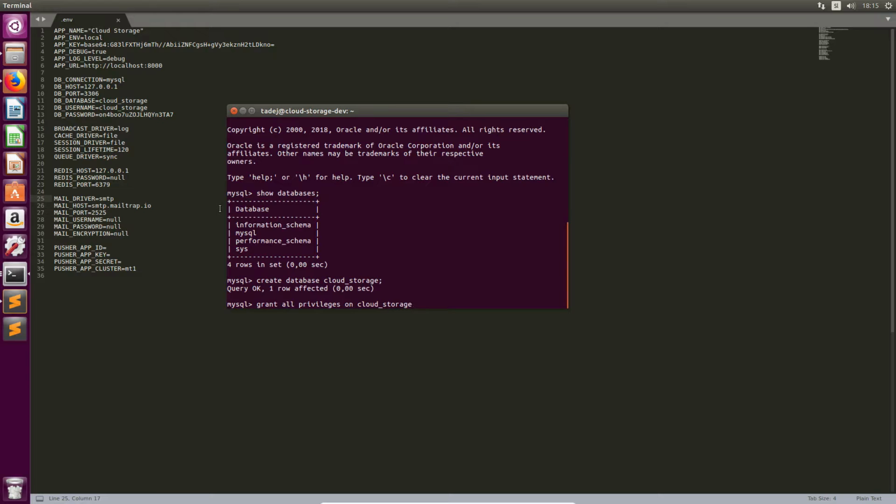So we're gonna give the user full access on all tables in the cloud storage database. So here, cloud_storage, this is the database name, and .*, the star means everything, so all tables in that database. And we're going to be granting all privileges to the user. So grant all privileges on cloud_storage.* to, and in single quotes, we need the username,